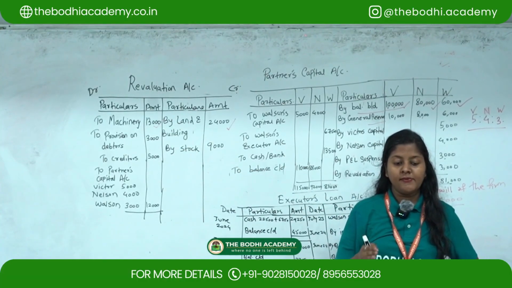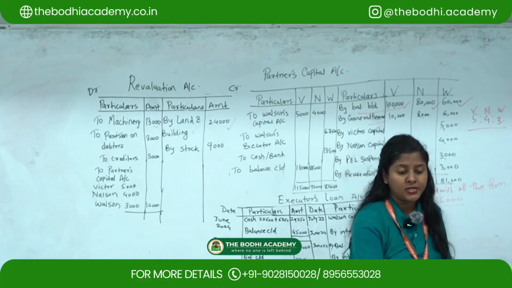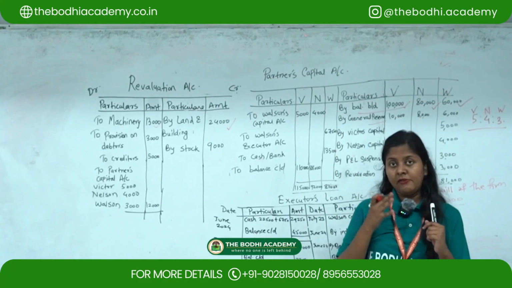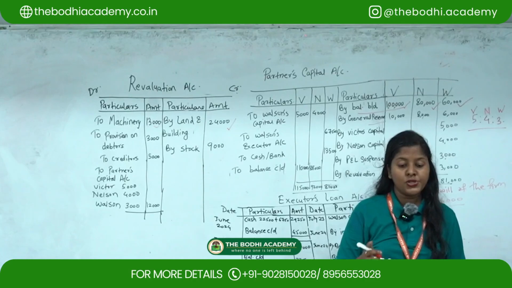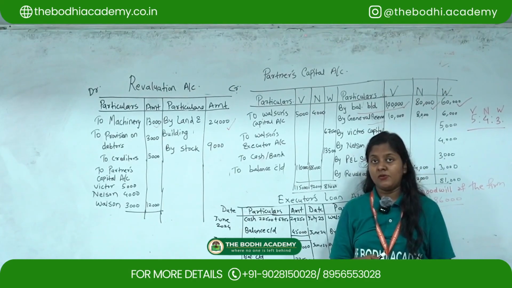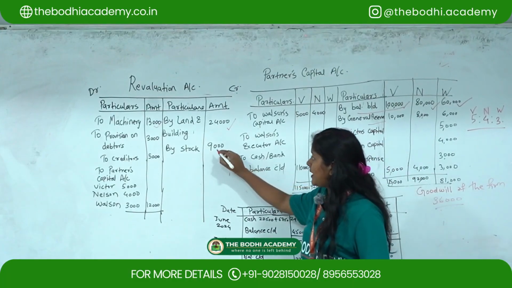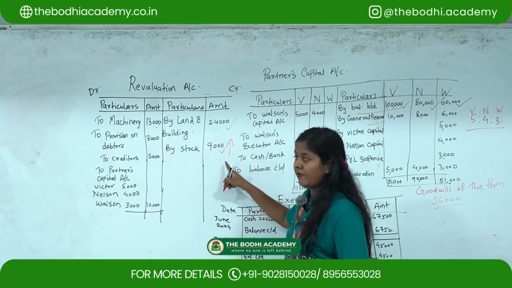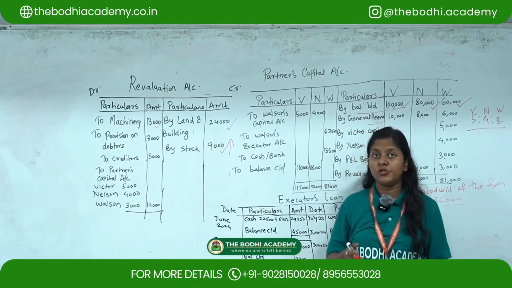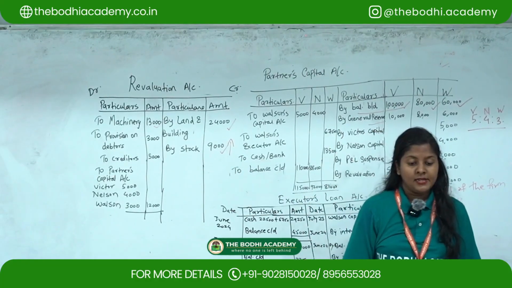Then stock to be revalued at 36,000. Directly they have given that stock is revalued at 36,000. If such is the situation, then you have to check the stock book value. Book value is 27,000, and 36,000 minus 27,000 gives you 9,000. It means that now the stock value is increasing, as per the additional information. So that's why you have to take it on the credit side. Next,